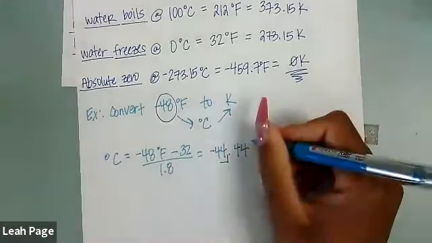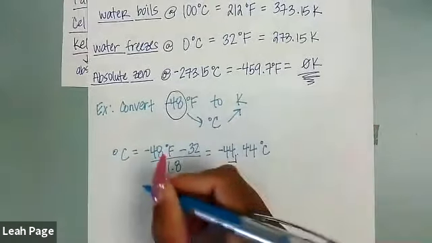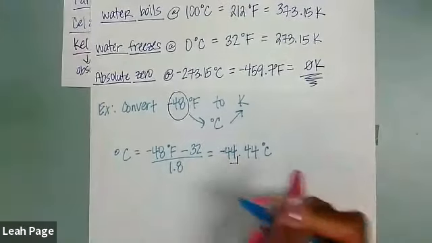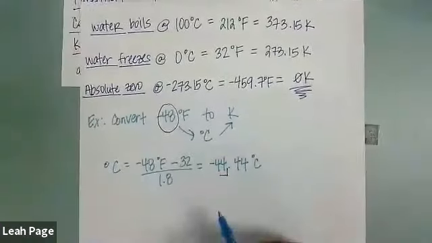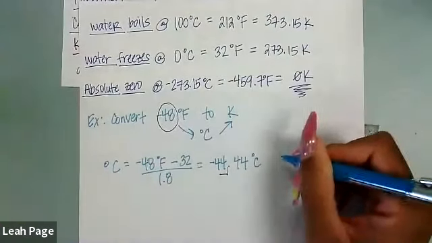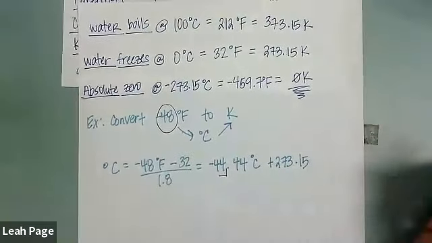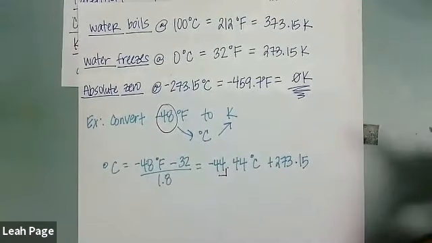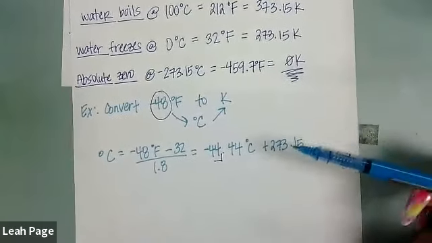Okay, so this is degrees Celsius. And then the next step says I'm going to go from degrees Celsius to Kelvin. So I'm going to use the next equation that says, just add 273.15. So I'm literally just going to add 273.15 to this, and it should give me my degrees Kelvin. But now I have to look at the sig figs again, and let's pay attention.